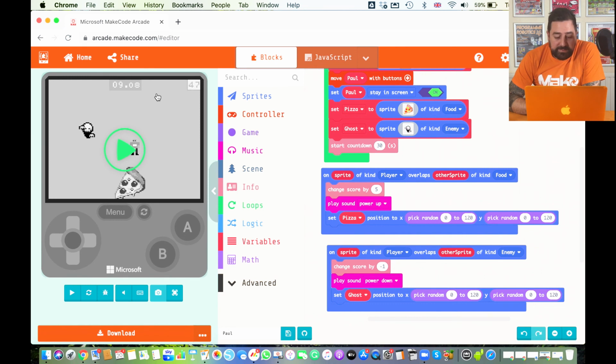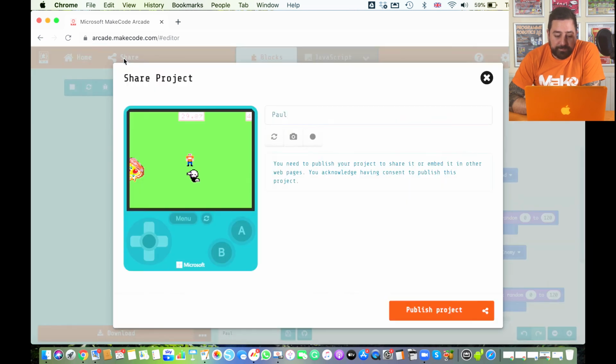What I need to show you is how to export it, because you can share these games with all your friends. So at the top, you've got this share button here. If we click on this share button, it allows us to share the project and allow us to rename our project. So I'm going to put in Paul loves pizza. So that's going to be the title of my game, because I'm collecting pizza. I'm going to put Paul loves pizza. And then if I click this publish button here,